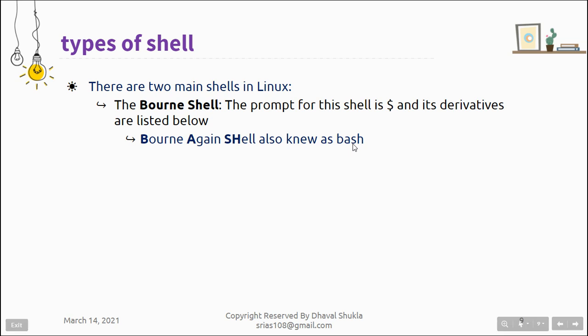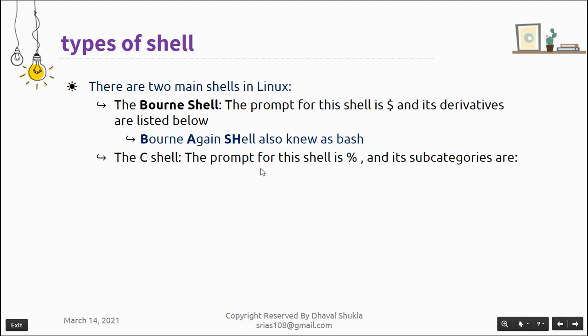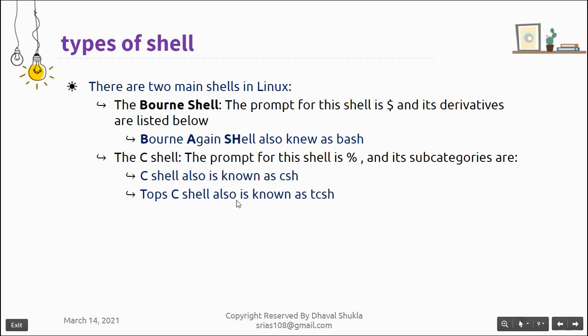Then the C shell. The prompt for this shell is given by the percentage symbol, or sometimes the greater than symbol. Its subcategories are the C shell, also known as csh, and then the tcsh. We'll be using this in this shell module, and we'll club together some set of shell flavors.